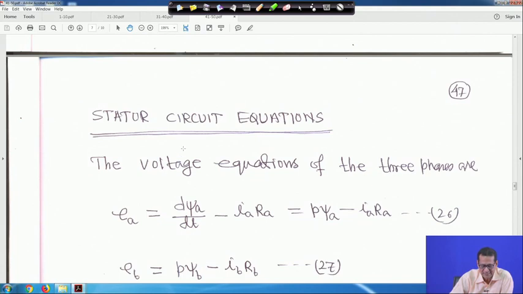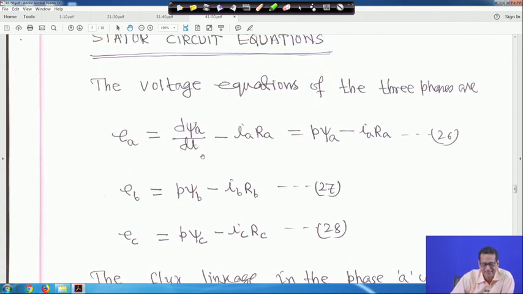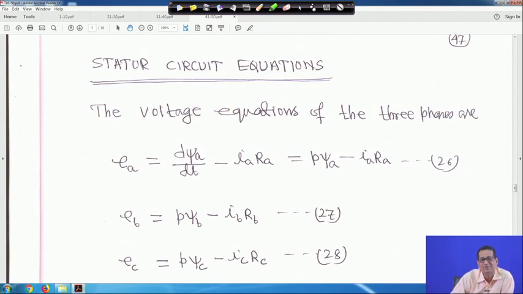So now the stator circuit equations. Now the voltage equations of the 3 phases are as follows. I am not going back; please go to figure 9 and see how we are writing this. If you look at the circuit of figure 9, everything is coming from figure 9. So a little bit of time will be saved. My suggestion to you, when you read this, is that you redraw figure 9, draw the whole circuit, or if you have downloaded it you can have a printout also, no problem.